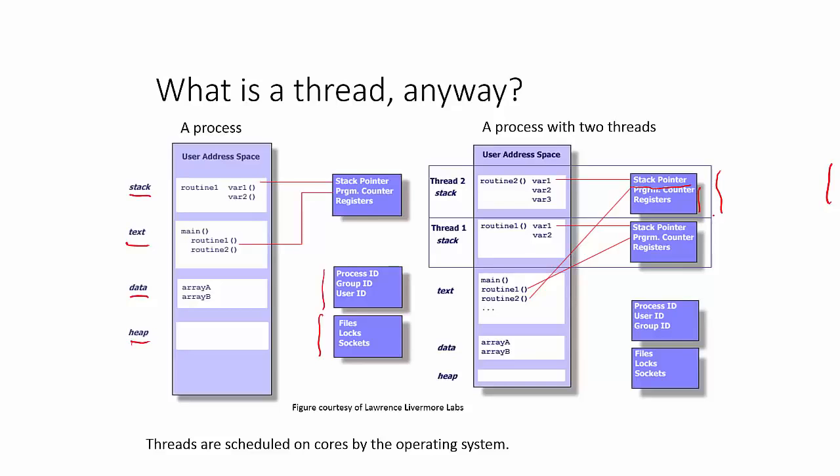If you have a sequential serial processor with a single core, of course they cannot execute at the same time. So the operating system will take turns in scheduling threads on the processor. You have time sharing. But with a multi-core processor, the threads of a process may, and hopefully will, execute simultaneously.